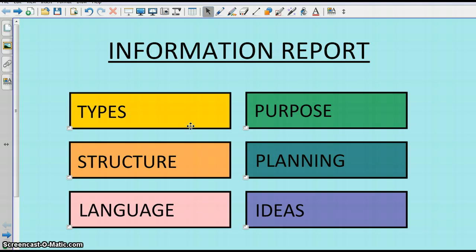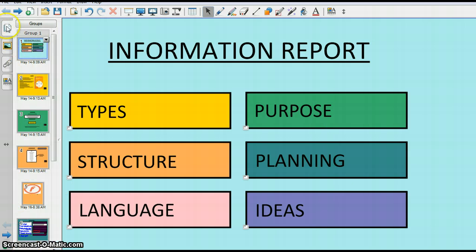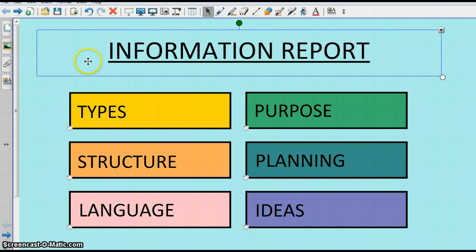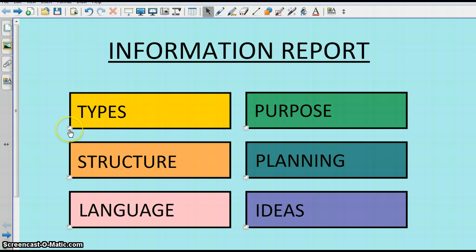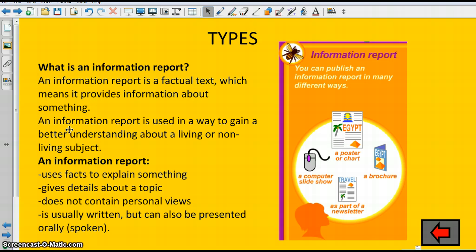Okay, so this is the Smartboard file that I created for my first lesson on information report writing. Basically I've created it like a PowerPoint, so each of these boxes links to another page, so these are all my pages. And in my lesson I just went through each page, so I've provided written information as